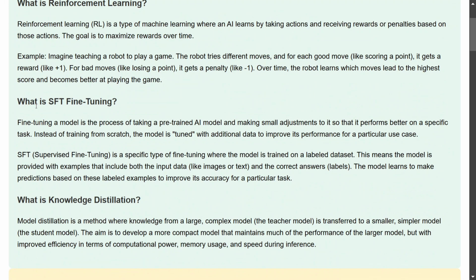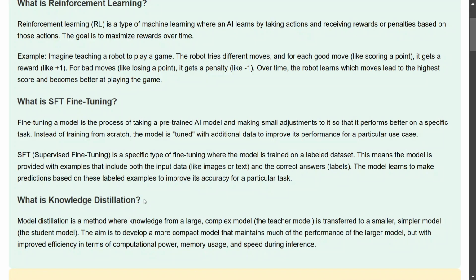What is SFT fine tuning? So you might be hearing this term a lot, supervised fine tuning. So first of all, let me tell you what is fine tuning. Fine tuning a model is the process of taking an already trained model on a generic dataset and making small adjustments to its weights to make it more specific. Like for example, you took a Llama model, LLM, and then trained it on a finance dataset. Hence, you are now fine tuning it for your use case on finance. SFT is a specific type of fine tuning where the model is trained using a labeled dataset. This is very, very important.